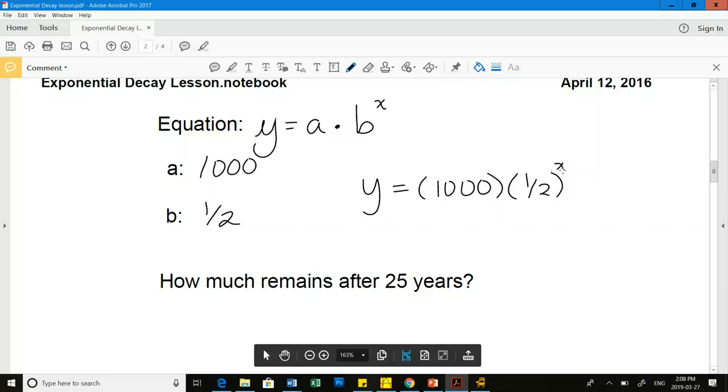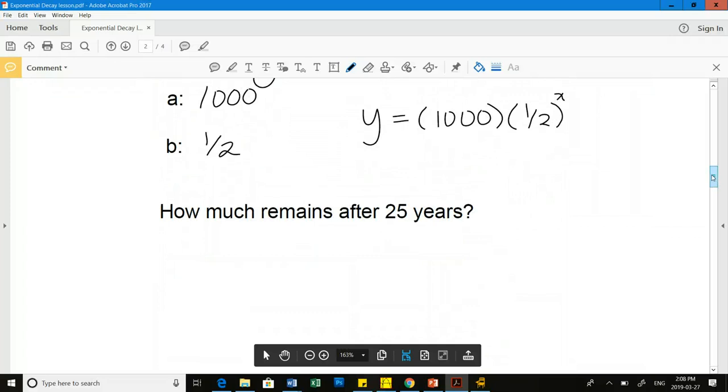Okay, so this question asks us how much remains after 25 years. Yes, of course, I can make my table and keep going with this, but I think if we have a general equation, we should be able to calculate this relatively quickly. We have